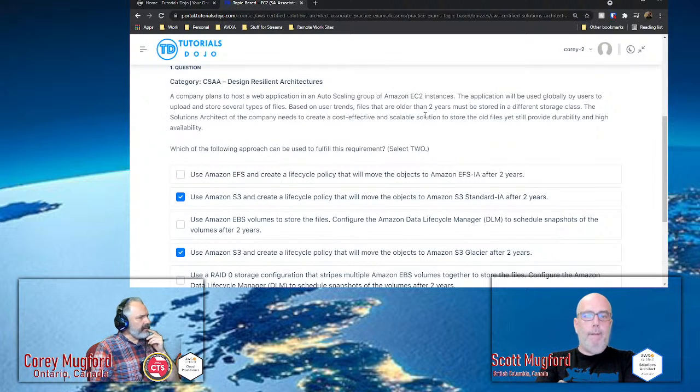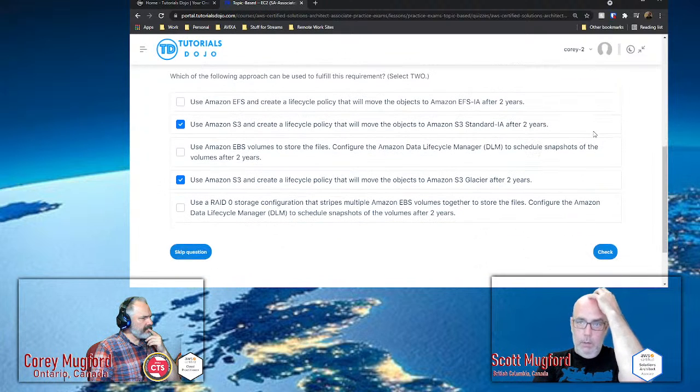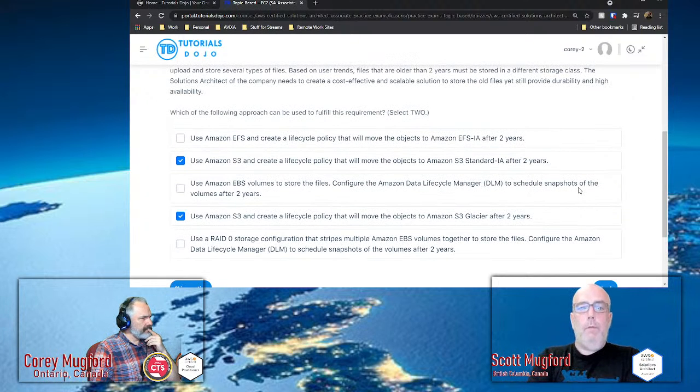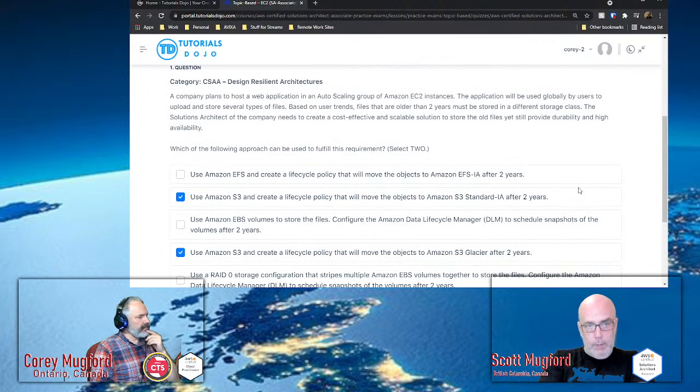And I'll tell you why, though. It just says files that are older than 2 years must be stored in a different storage class, right? Yeah, but standard IA after 2 years is S3 standard infrequent access, which is a different storage class. Oh, yeah. Hang on. Wait a second.